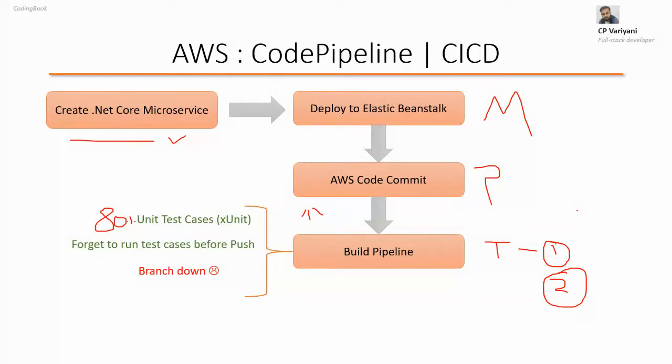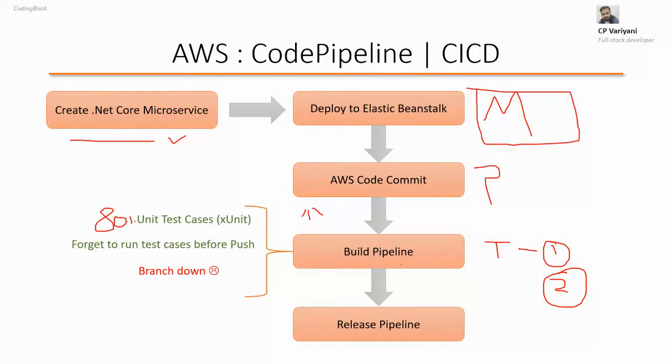So that's about the build pipeline. That's why we create this: to automate the process. And after that, we will create a release pipeline. That means whatever we did in the step where we manually deployed our code, rather, in this there is one more thing called S3 buckets. This is the S3 bucket where your artifacts will be saved. Whatever artifacts are generated by the build pipeline will be stored in the S3 bucket, and the release pipeline automatically gets your code and artifacts from this S3 bucket and deploys to the same Elastic Beanstalk. But this will be done automatically.